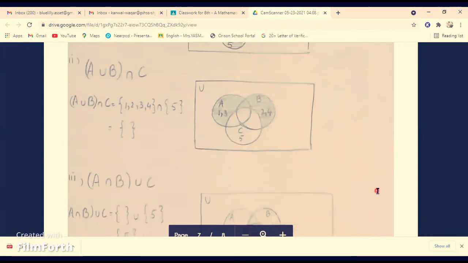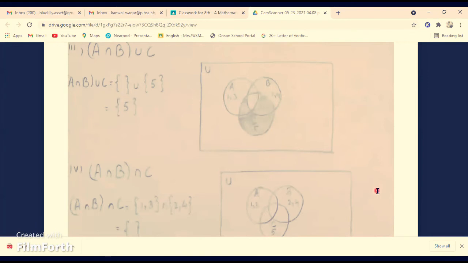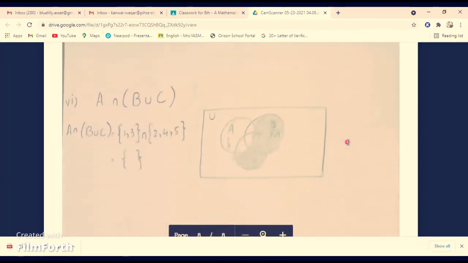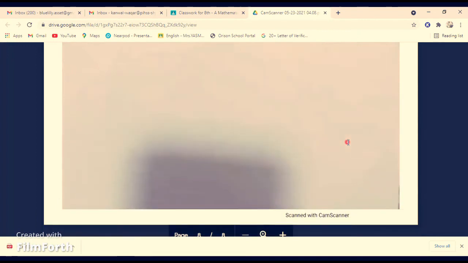So which one is easier? I think the first one is easier for you. Just follow that one. Make a combination. First get the intersection or union, whatever is asked in the question, and then make one circle for intersection or union and compare with the third set. In this case you will get two circles, but in the other case you will get three circles, and you will be confused when you draw three circles. So I think the first way was the easier one. This is the second way I'm using. In both ways, I told you how to make the Venn diagram.